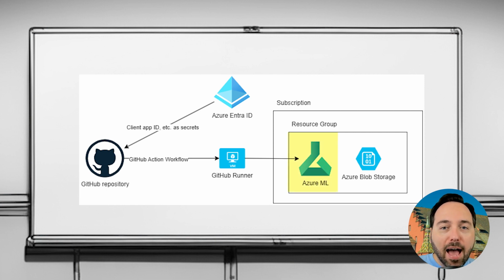We already have an Azure Machine Learning workspace, but I am going to need to know certain details about it, such as the subscription ID and the resource group name. Those are easy to get from the overview page in the Azure portal. I'm also going to need a way for an external resource, specifically the GitHub runner, to connect to Azure Machine Learning and kick off those pipelines.